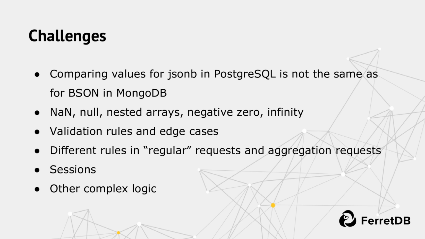see those examples. Also, there are some data types that, again, are quite popular sometimes, sometimes not. For example, the NaN (not a number) type in MongoDB is quite popular. We decided we won't implement it because it's just too complicated and it doesn't make a lot of sense to have a type. But surprisingly, also nulls sometimes give unpredictable logic when we need to compare things, or nested arrays are not always predictable. There is also an interesting thing called -0 in MongoDB. Again, we decided we won't implement it because it's hard to translate it to the concept of Go. Or, for example, there are infinity values that are also not easy to work with.